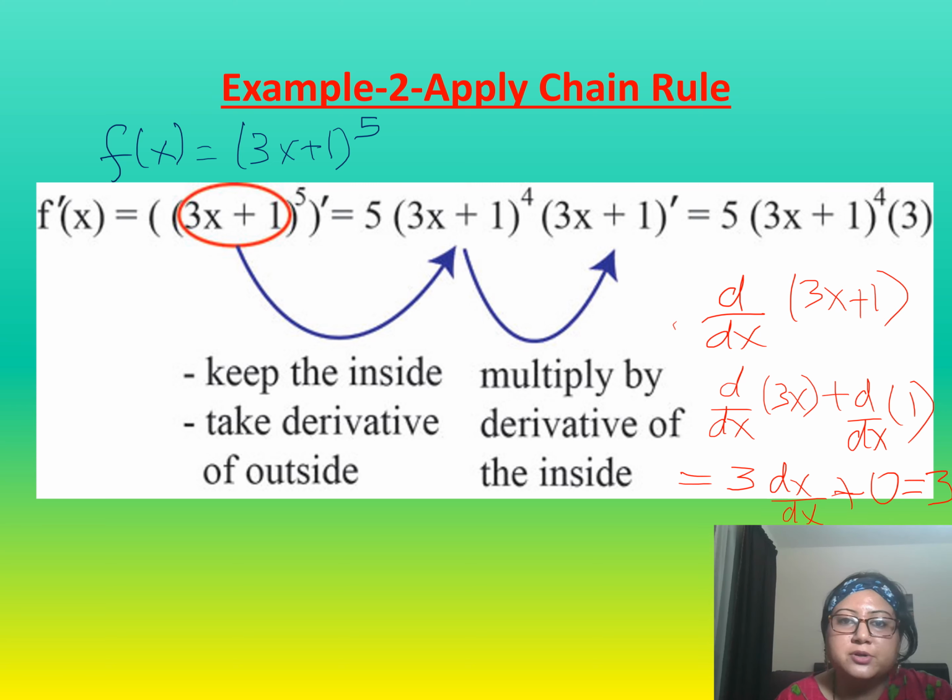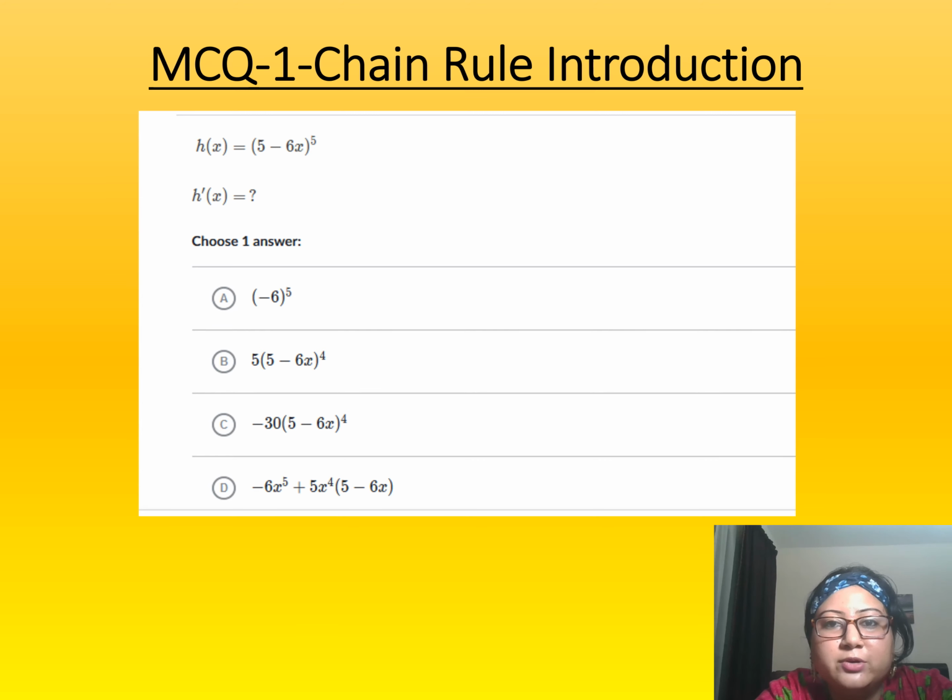And I'm quite sure that how we are going to apply the chain rule is now clear to all of you. Okay, so it's time to test how much you have understood. We are going to be testing that with the help of this multiple choice question. You are given a function h of x, which is definitely a composite function with an inner and outer that you can clearly identify now. I want you to find h prime of x, and there are 4 options, A, B, C, D. So take a few seconds, pause the video, and then we are going to be checking your answer.